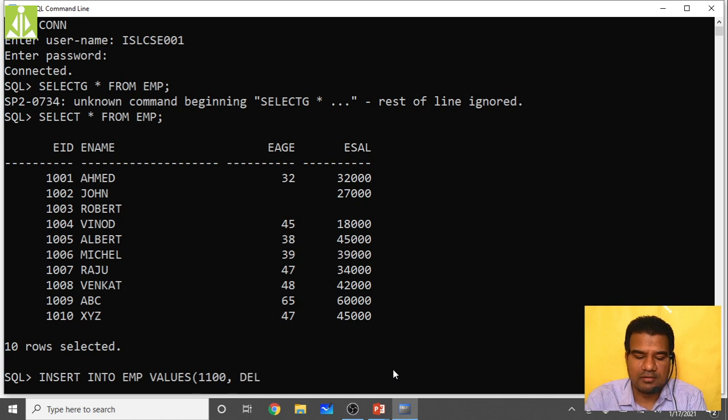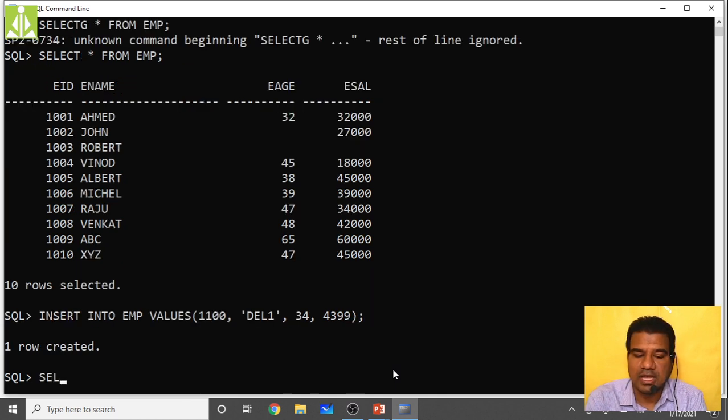We are creating this employee record just to delete. We give the name in single quotations because it is a string. Then age 34, then salary 43,000. Put the semicolon at the end and hit the enter key.